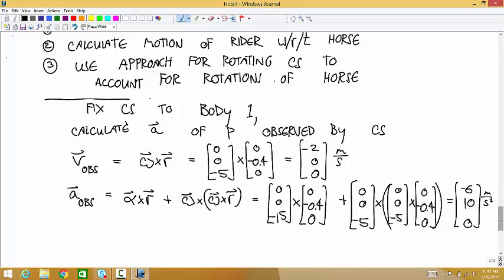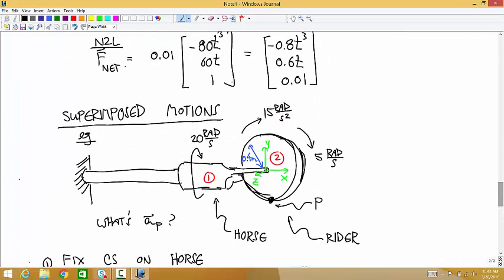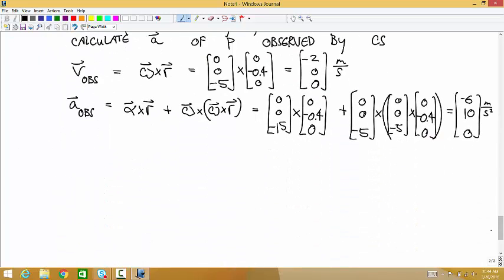Okay. But now we have to account for the fact. So far this is the only tricky thing about this: ignoring for a second that this body 1 is rotating at all. But now we have to account for the fact that body 1 is rotating. And so we're going to use this new approach for rotating coordinate systems. So the acceleration of P is going to be equal to the component's double dot, which you can also think of as the observed acceleration in the coordinate system,